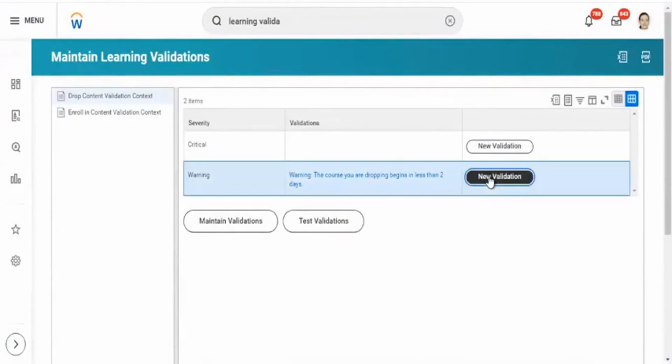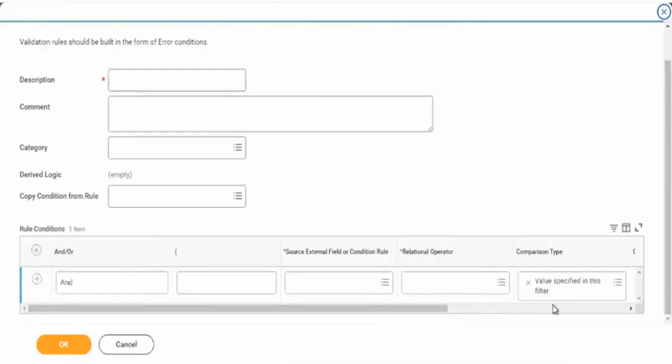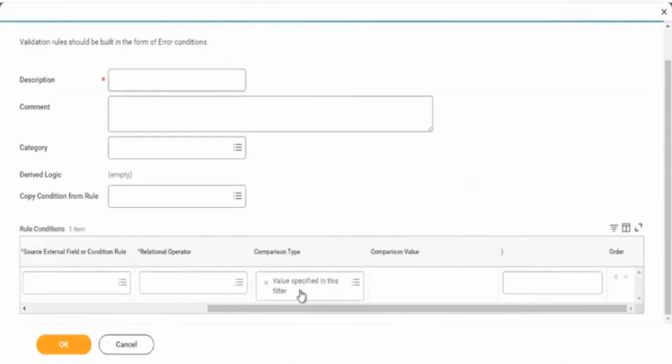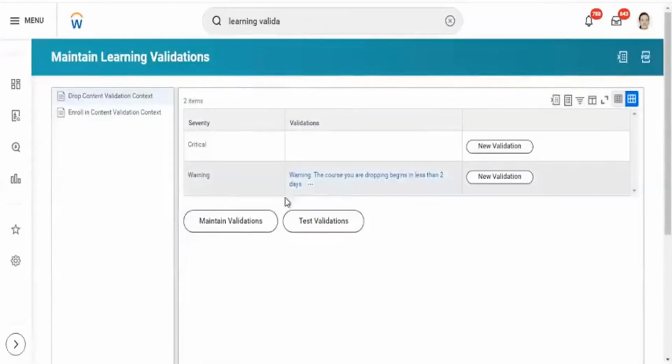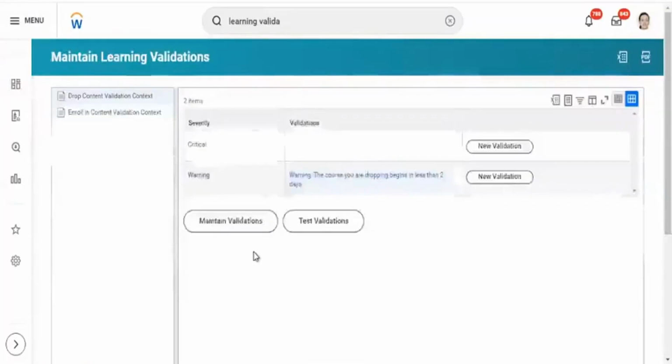If you want a new validation, I'll specify the filter. We have to select. This is an already existing validation. And for every enrollment dropping, when you're going for drop content validation, you see this warning message.